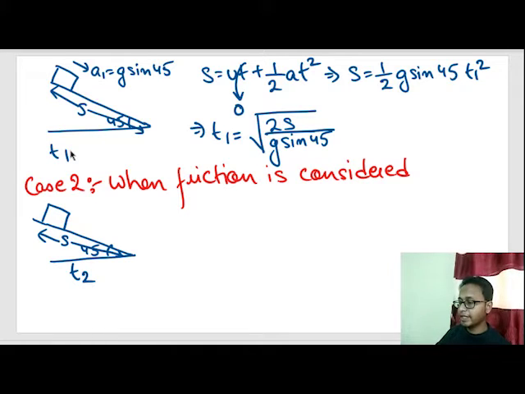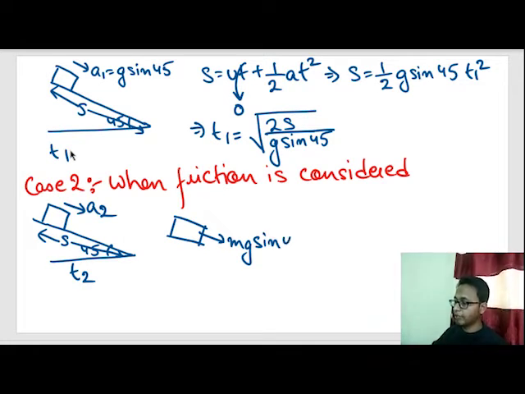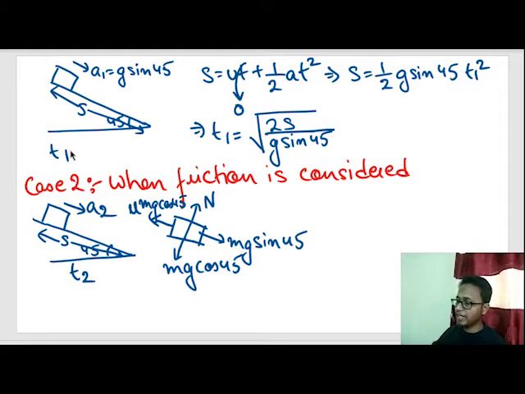Okay, and here is some acceleration, suppose a2. Now what is the value of a2? We find it by free body diagram. Here mg sine 45, here mg cos 45, here n, the normal reaction force, and mu n, and mu n is nothing but mu mg cos 45. I am directly substituting mu n by mu mg cos 45, but you all do it after a little bit of practice.